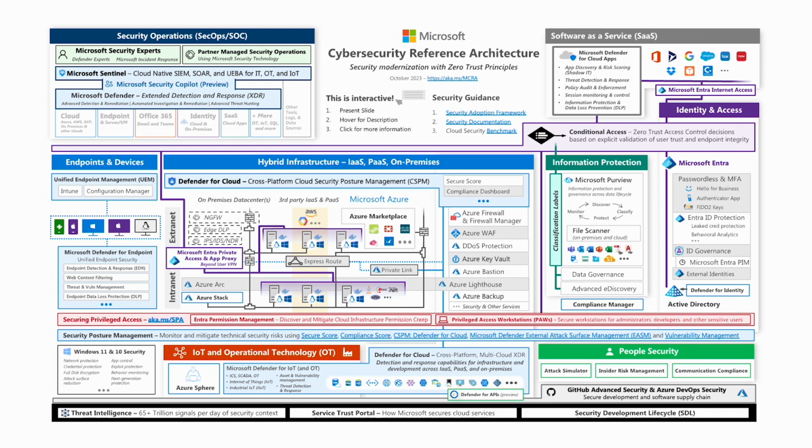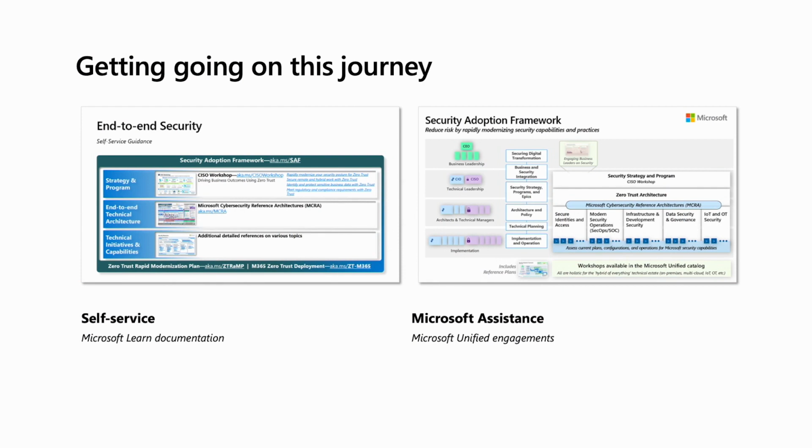Of course, this is a lot, right? And you need to be able to do this in a priority order of what to do first, next, and later. And so we have really two different areas that we've invested in. The first is self-service: public documentation, public videos, guidance, instruction videos, etc. And then there's also the Microsoft assistance part of it, where some folks say, hey, we need a workshop, or we need an expert to come and guide us and recommend what to do first. We've got that as well through Microsoft Unified Engagements. We keep these obviously consistent, but they are the two different channels that we use to help you out. So let's take a quick look at the self-service pieces of it.